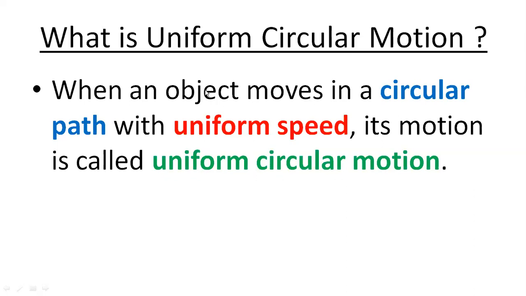Very simple definition. What you have to write is, what is uniform circular motion? Object moving in circular path with uniform speed. मतलब ऐसा ऑब्जेक्ट विच इज ट्रैवलिंग सर्कल में जो घूम रहा है विथ यूनिफॉर्म स्पीड इज कॉल्ड एज यूनिफॉर्म सर्कुलर मोशन. वेरी सिंपल. ठीक है. So you just memorize this definition and you can write it. Even don't need to memorize it. Just you have to write down it's a circular motion with uniform speed. That's it. Very simple definition.